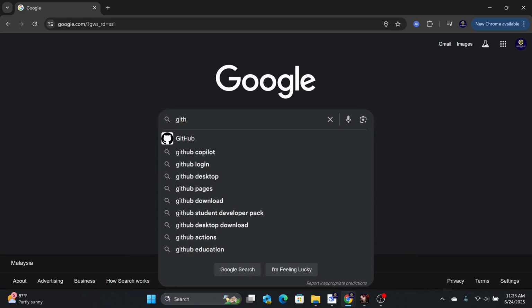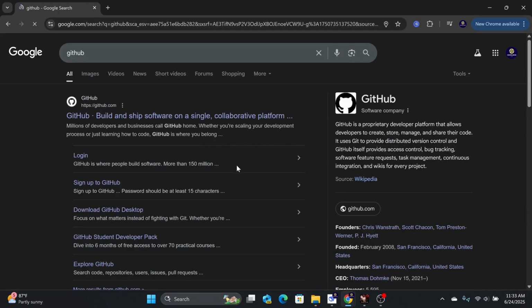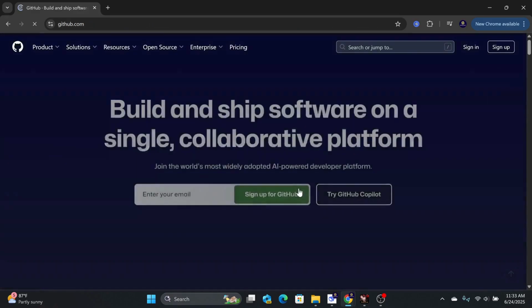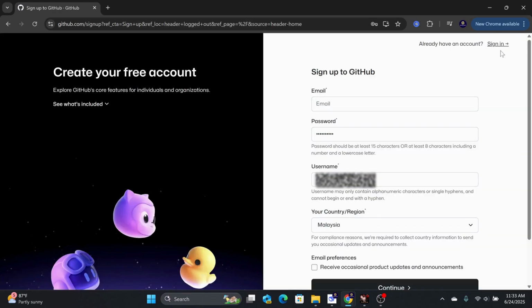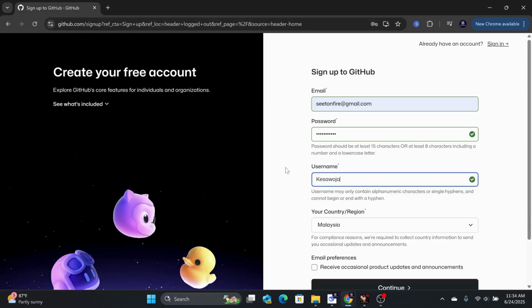GitHub website. From there, you will want to click on the Sign Up button on the top right corner. Next, you want to input your desired email, password, and username. You can use either your email or your username to sign in after completing registration. Also, your password and username need to have a green checkbox on the right side for it to be accepted